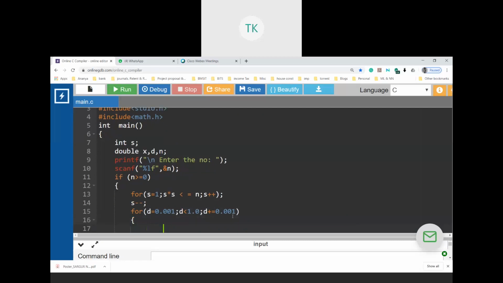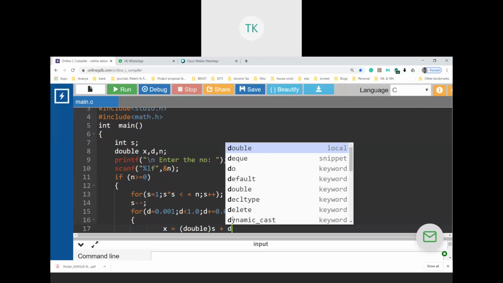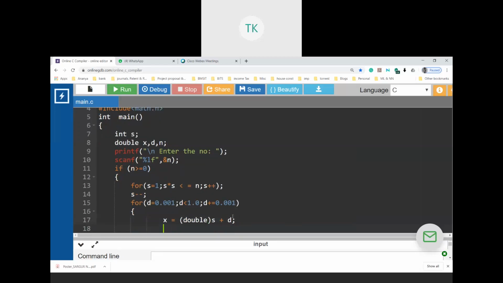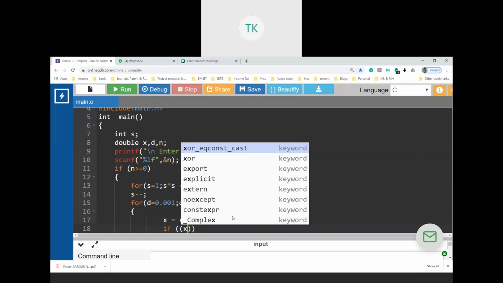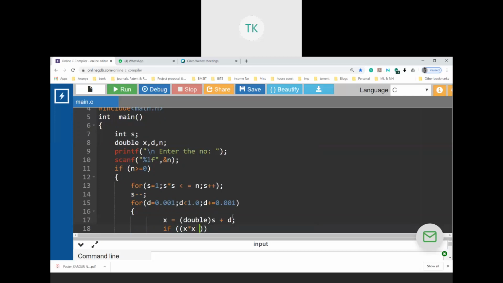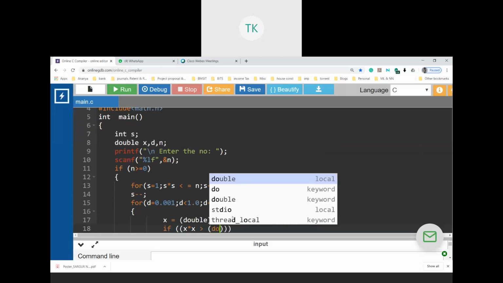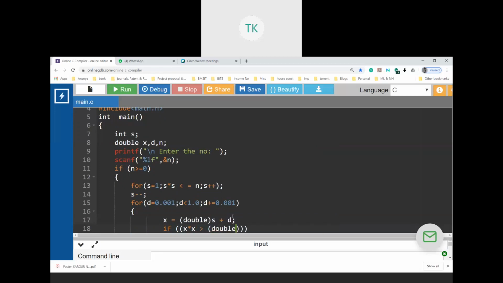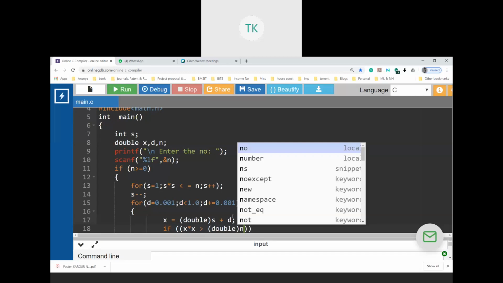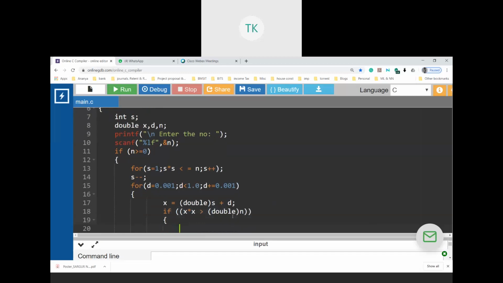Here I will say X equal to double S plus D. If X star X is greater than, not less than, greater than double of N, then what will I do?